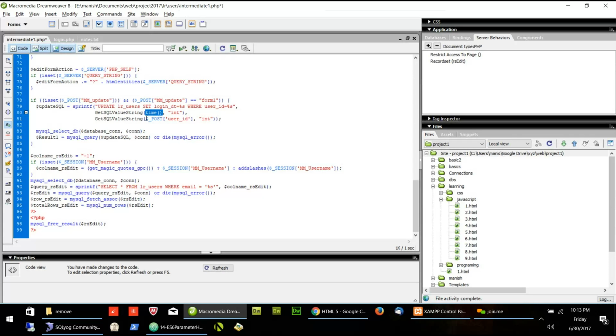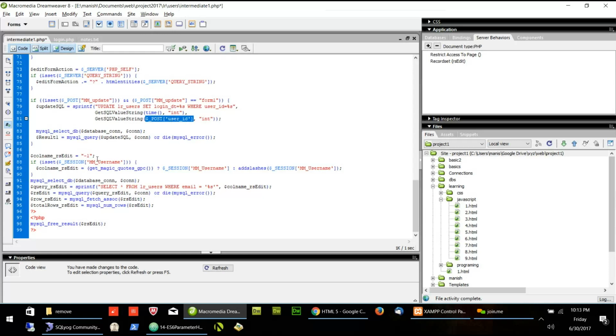Now I want the user ID. From where will I get the user ID? Right now, if I log in, I have only the email. But I want to update using the user ID. So from where will I get the user ID? Session?